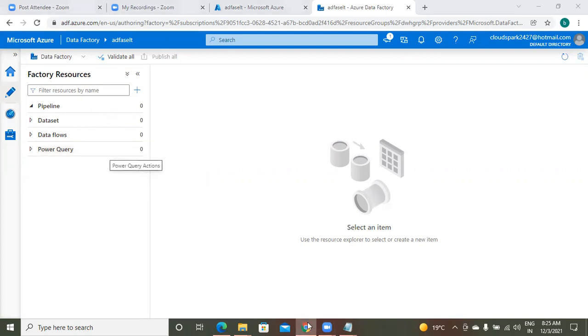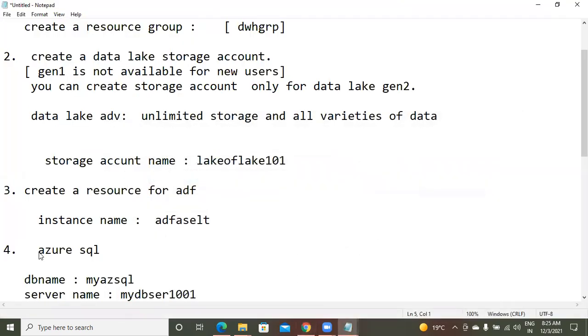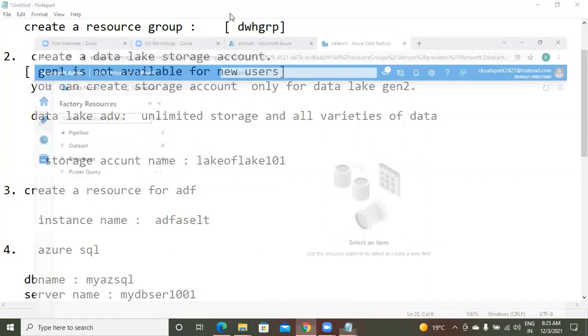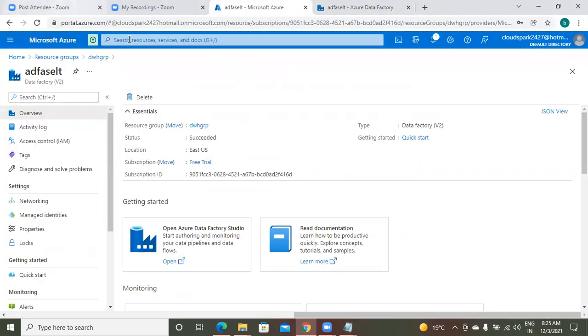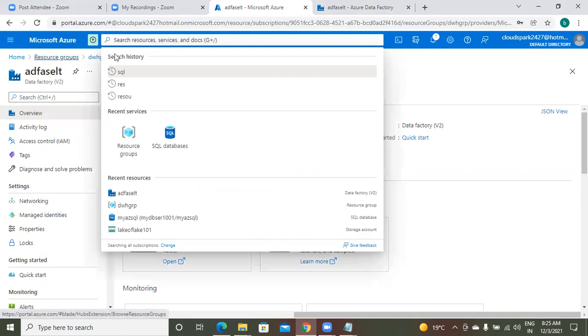And come to the other environment, Azure SQL. How to enter into Azure SQL? Come back to your resources. Where is your Azure? Yes, already we have the resource group.